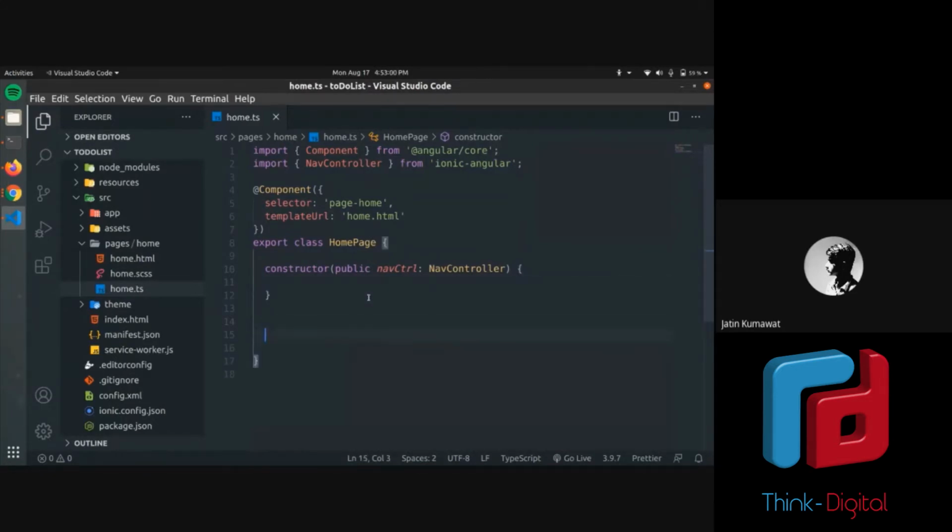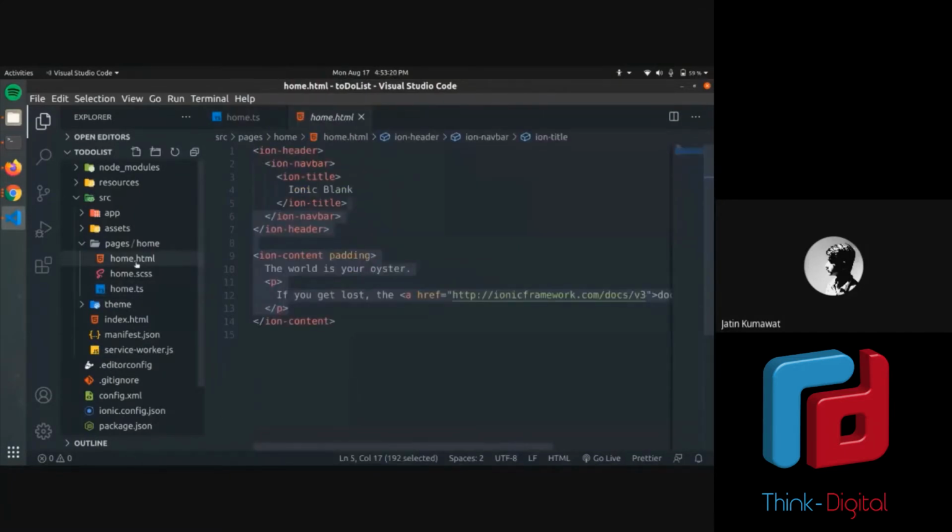And this is where you will write all of your functions, code, or navigation, or, let's just say, some calculation if you want to do. I don't know why, but if you want to, you can do it here. So this is where we will be using. Again, no need to worry about it. I will do everything in front of you and explain. So this is where your HTML page is. Now you understand the entire Ionic app project structure.